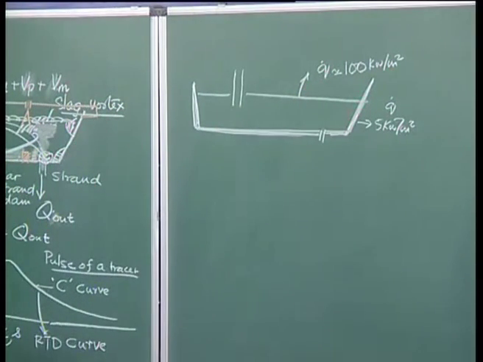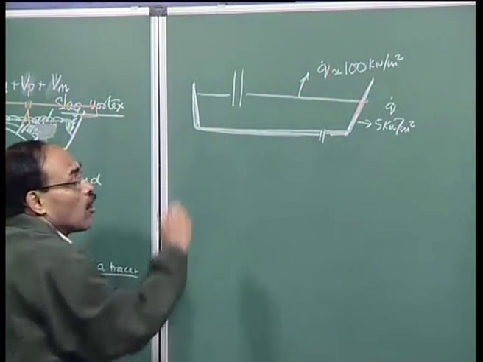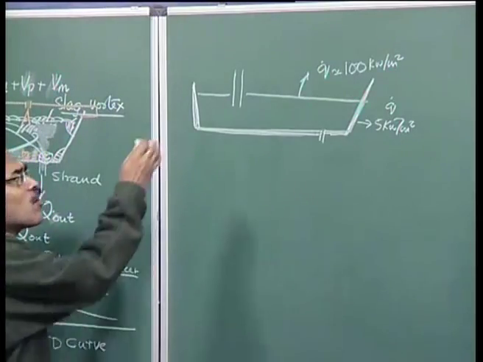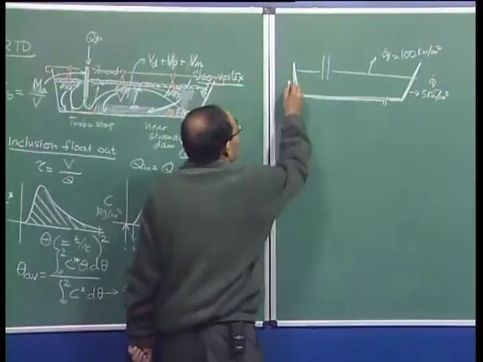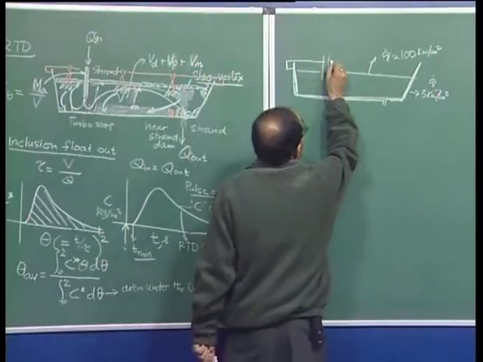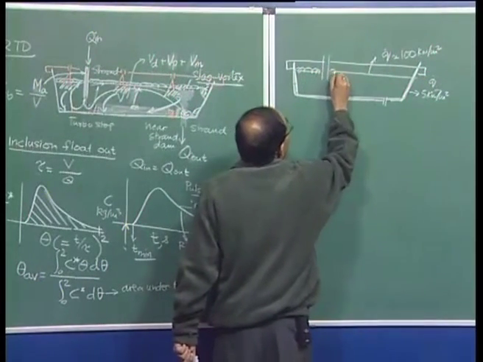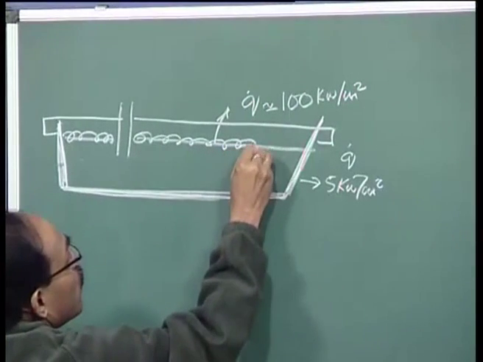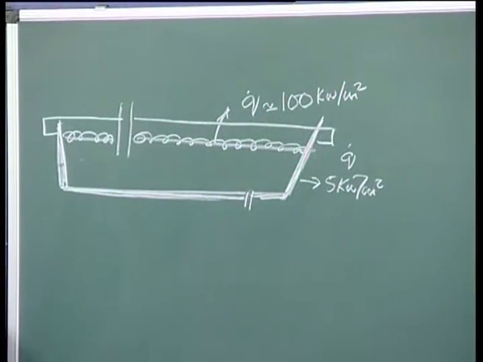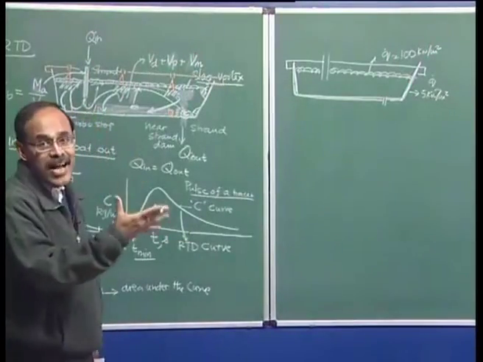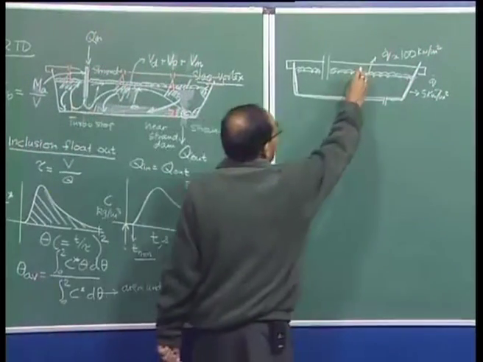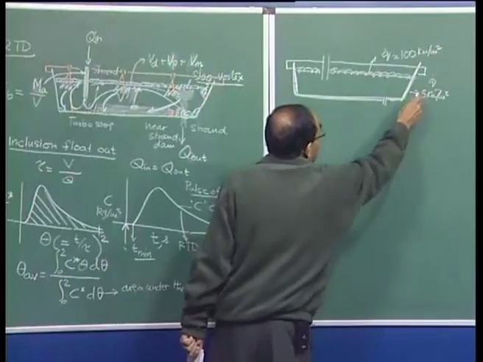the heat flux through the free surface can be 100 kilowatt per meter square, and of course, these are not universal values, because whether you have a physical cover, whether you have a thick slag layer, all this is going to determine the extent of heat loss. So, therefore, the value I have written there as 100 kilowatt is only an approximate, which gives you an idea that significantly more amount of heat is going to be lost through the free surface than it is through the